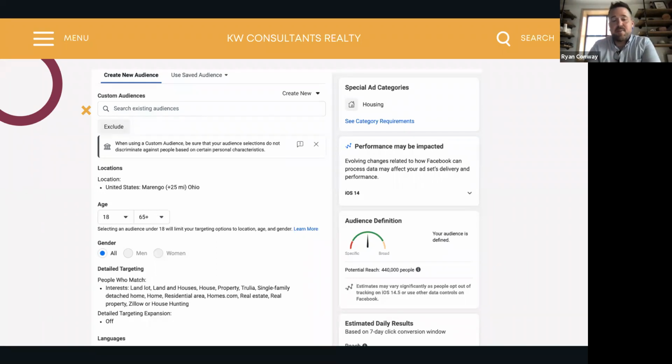As I started typing land, lot, acreage, Facebook was giving me specific categories that already exist, showing people who like house hunting and have engaged with pages and advertisements relative to those things. So I'm using their algorithm to my advantage by clicking on those categories. So I'm getting land and lot, land and house, house, property, Trulia, single family detached home, residential area, homes.com, Zillow, house hunting, all these things.